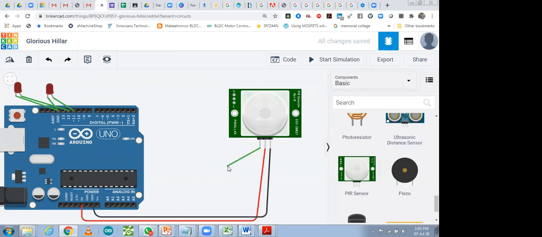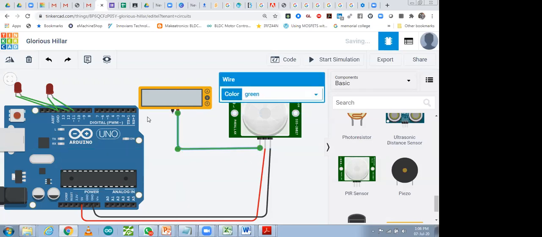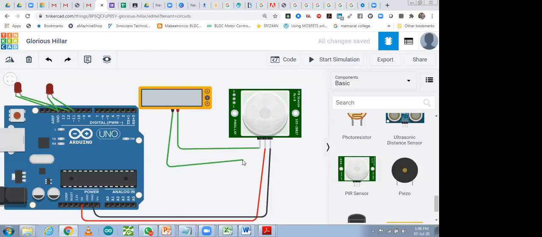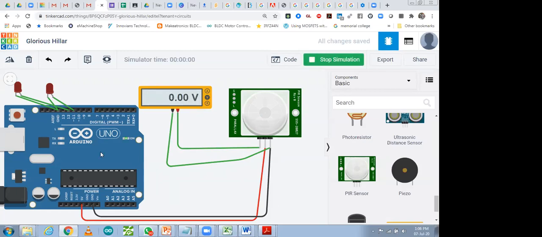For the signal, I'm going to check it with a multimeter to see how much output I get when I operate it. So this one is positive, you have to connect with the output. And this one is ground, so ground you have to connect with ground. Let me check how it is working. So start simulation. Now I'm not going to read it in the Arduino directly. From the Arduino, I'm just giving power to this PIR sensor, nothing else. This one is my multimeter. Over there, I'm going to check this sensor output. Let's see how it is working.